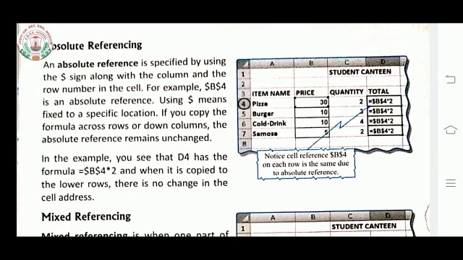When it is copied to the lower rows vertically, the row number would keep on changing, but there is no change in the cell address. The formula will be the same only: the value in cell B4 into 2 is the formula for all the rows. It does not change.